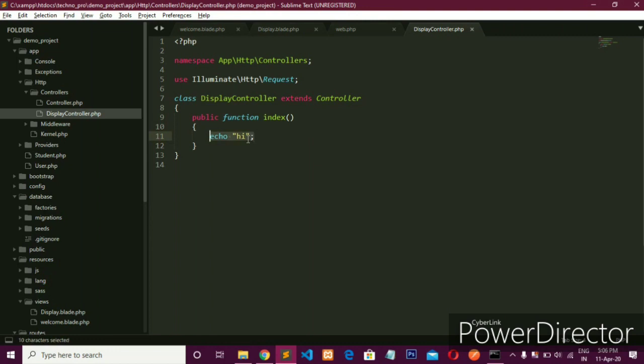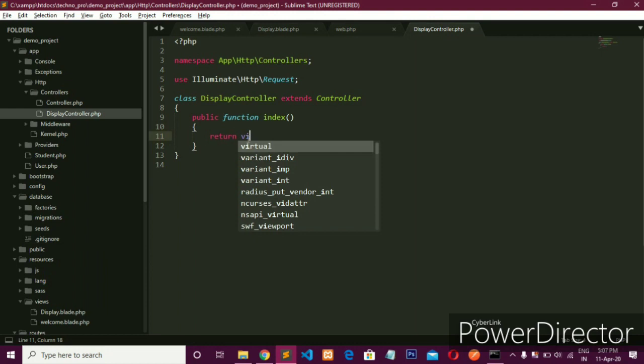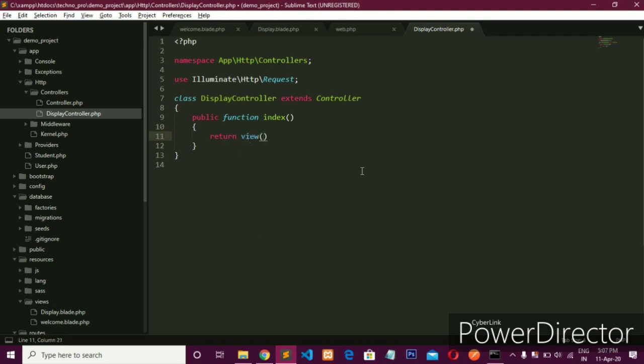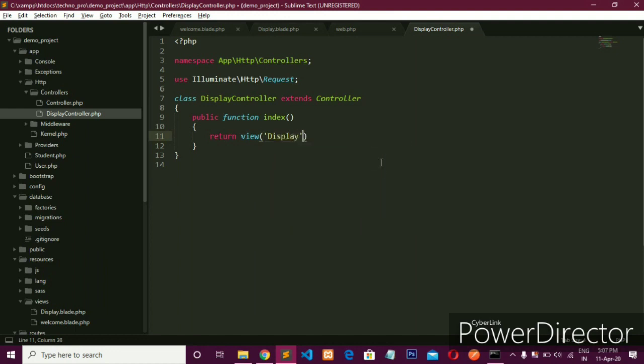Now I want to pass some data into display.blade.php. For that the syntax is return view, which is a method in which I have to pass my file name and the second parameter, which takes an array, in which I want to pass some data.